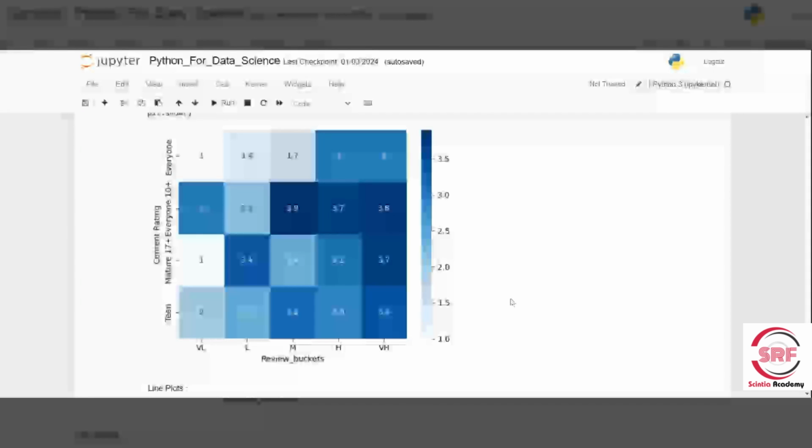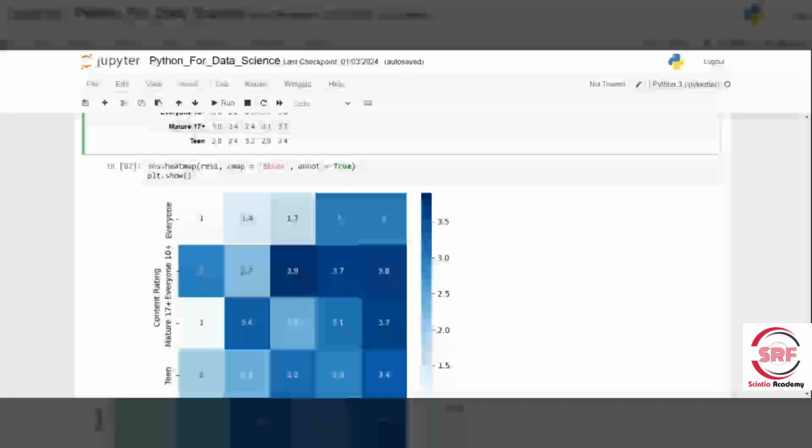And aggregate function, this lambda x: np.mean(x), defines the aggregation function to compute the minimum rating within each group. And the resulting pivot table res1 shows the minimum rating for each combination of content rating and review volume bucket. And after that, the sns.heatmap, this code generates a heatmap visualization of the pivot table res1 using